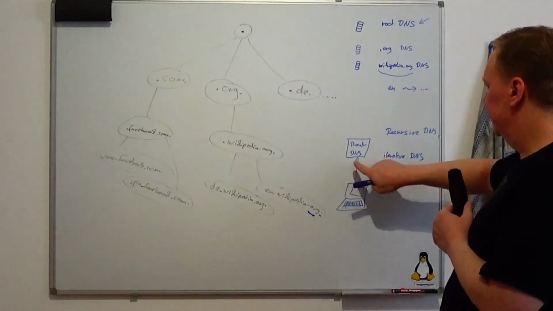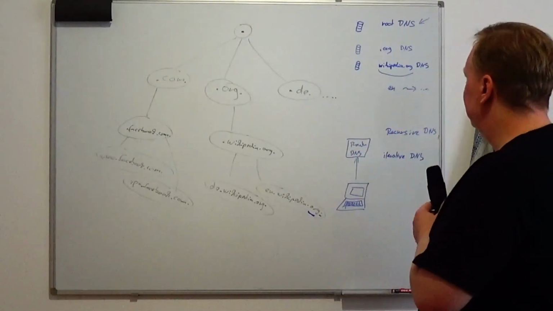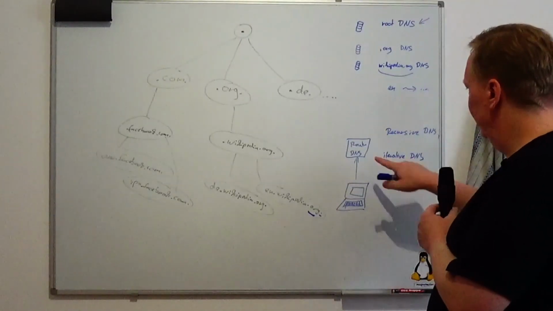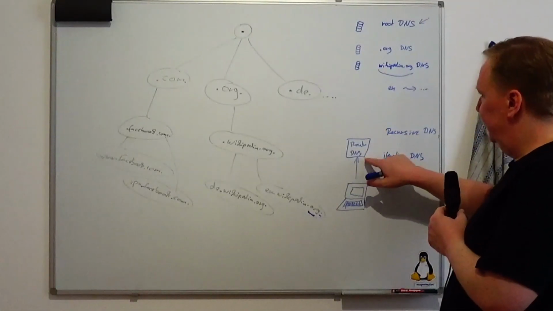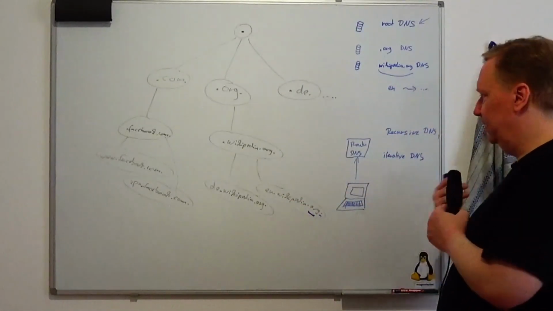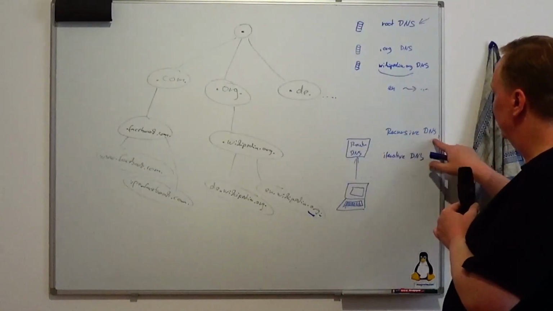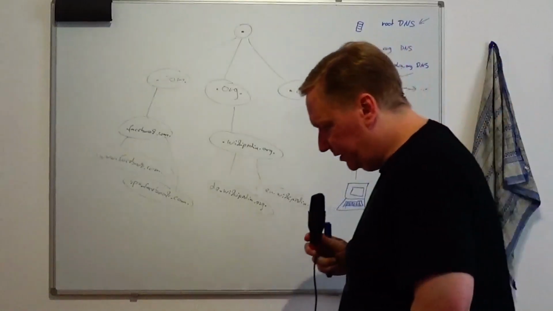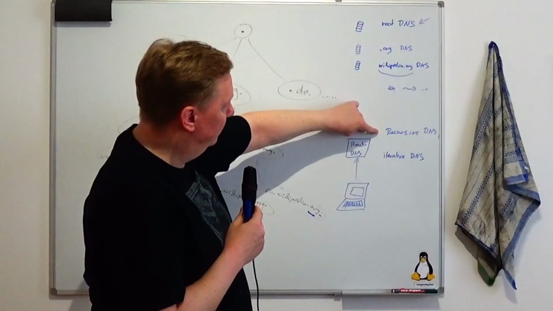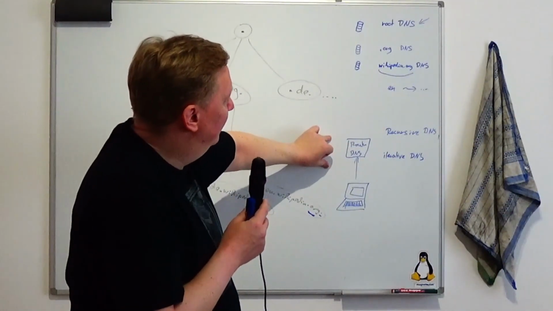But as I said, inside your local networks, you should normally have a recursive DNS. But one thing I want to point out is, if you have a DNS server that is connected to the internet, so it's reachable from the internet, then you shouldn't configure it to do recursive DNS, because if you configure it to do recursive DNS and be accessible from the internet, then what can happen is